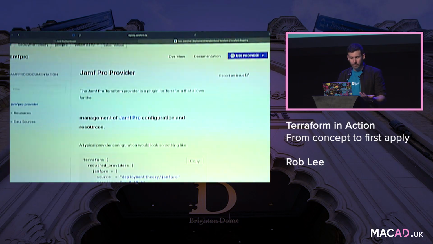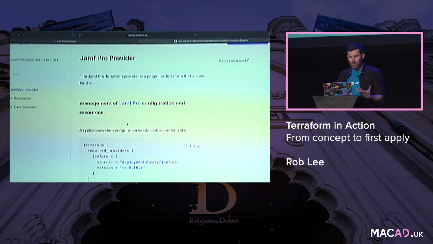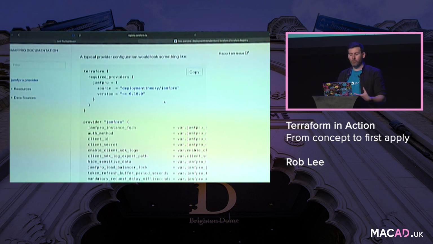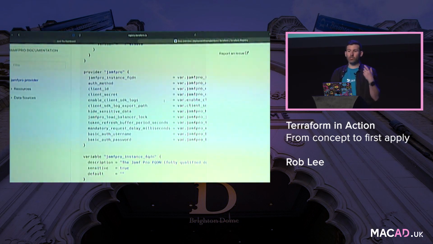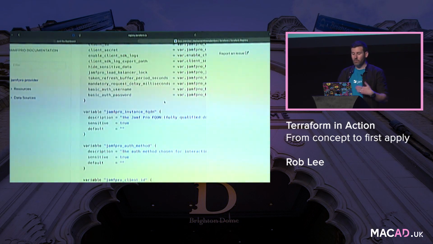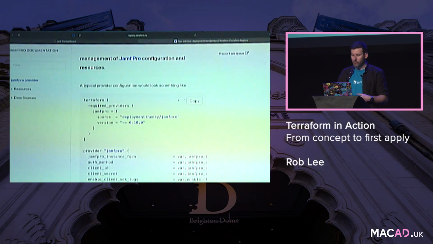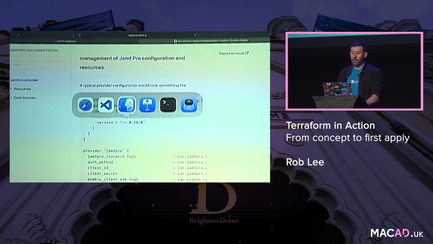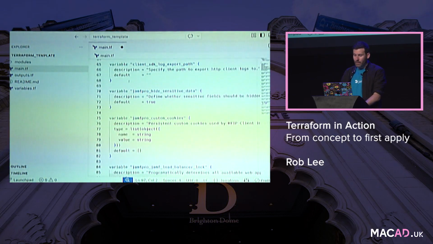Because in here, we have a whole list of all the different types of resources that we can create. But also really handily, just on the main page of the documentation, is a typical provider configuration that we can get started with and actually start to use the provider. It has some variables in there. It tells the provider how to actually behave when we want to use it. And there's a really handy copy block. So I'm going to do that. I'm not typing this all out by hand. And so if I go back into my code editor and paste that example in,